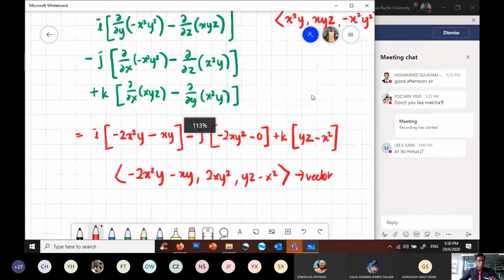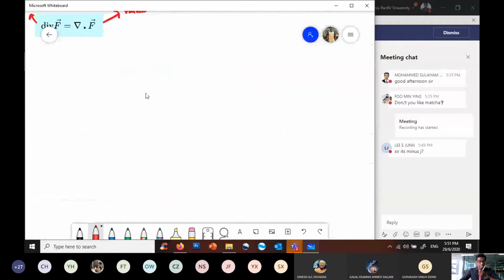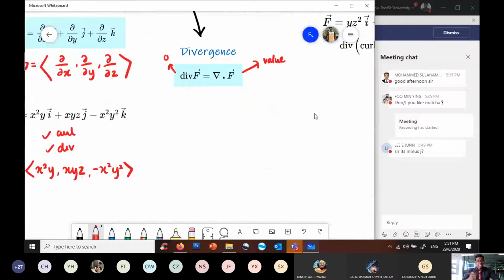So please simplify, do not leave it in this green form here. Moving on, divergence. Divergence, on the other hand, is dot product. So let me see. The dot product of del, which is ∂/∂x, ∂/∂y, ∂/∂z, dot product